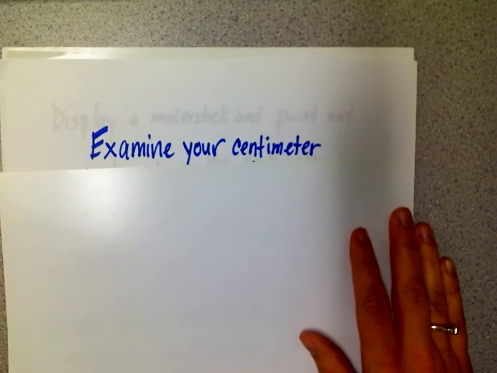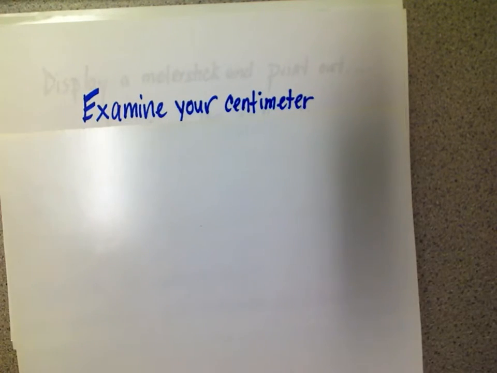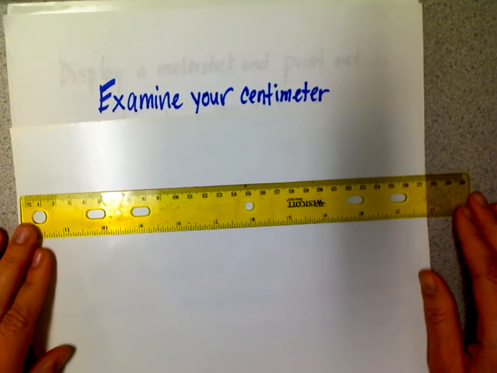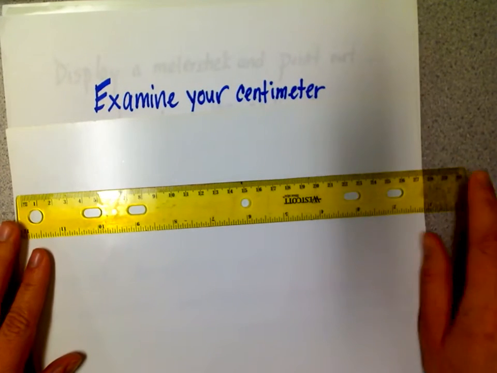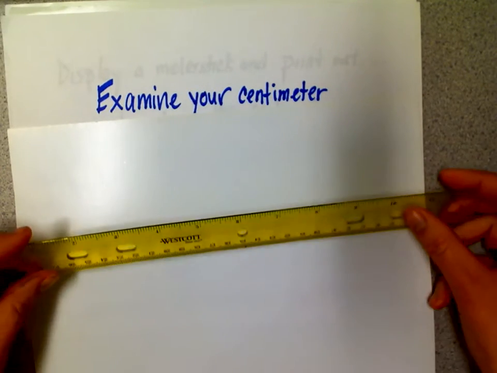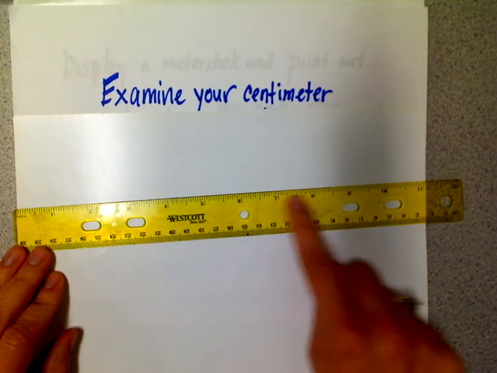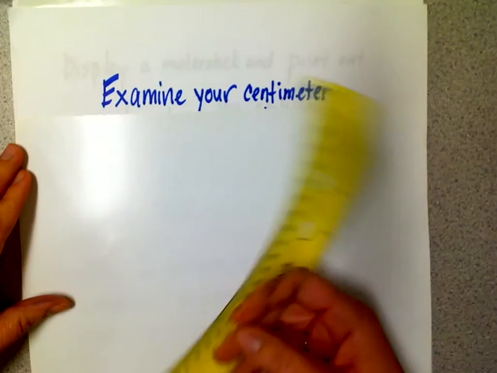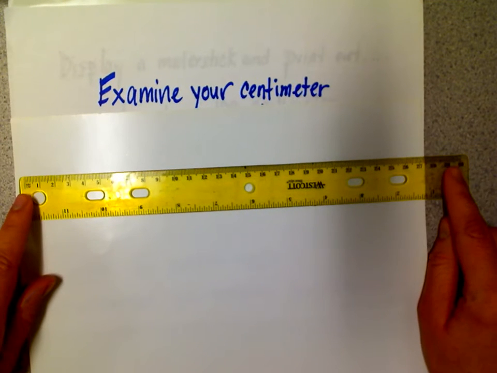So before we do anything else, let's examine our centimeter ruler. Most commonly when you see a ruler, you'll see two sides with different numbers. You notice this side, number 1 to 30. And the other side of my ruler is 1 to 12. Well, this side, 1 to 12, is inches, because inches are larger than centimeters. So the side I'll be using today would be the side that measures from 1 to 30